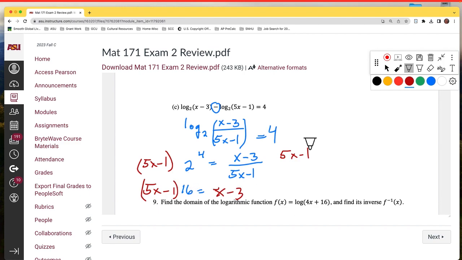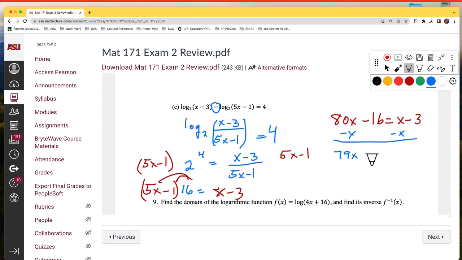We could distribute that 16. I think that'll probably be the best. So 16 times 5 is 80. 80x minus 16, so notice I just distribute, equals x minus 3. Subtract x from both sides. So I get 79x